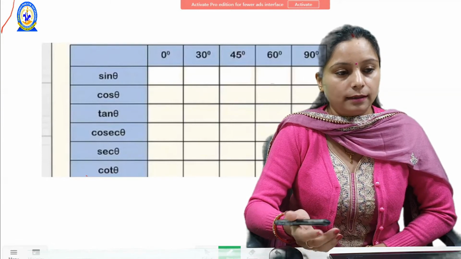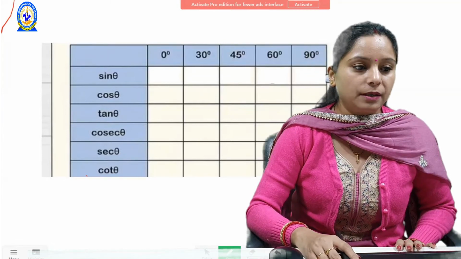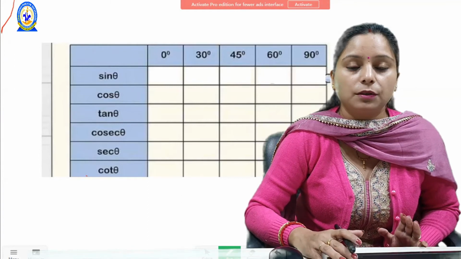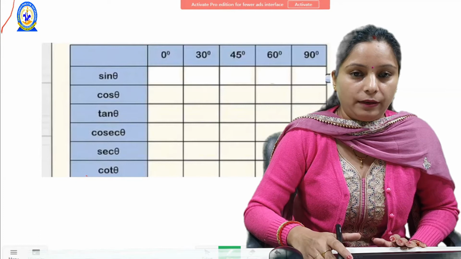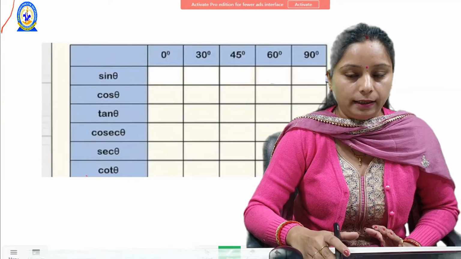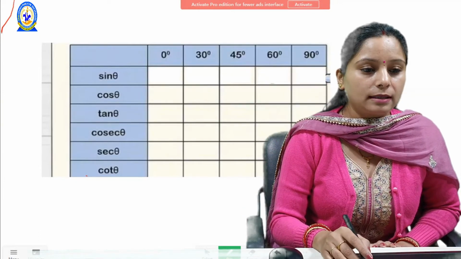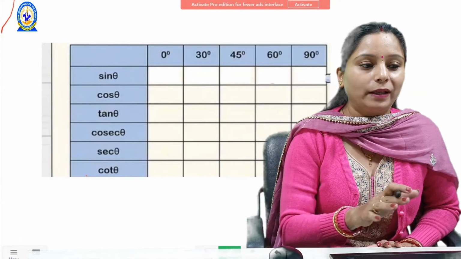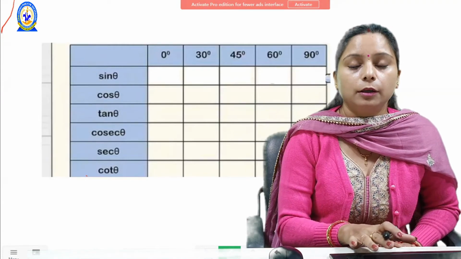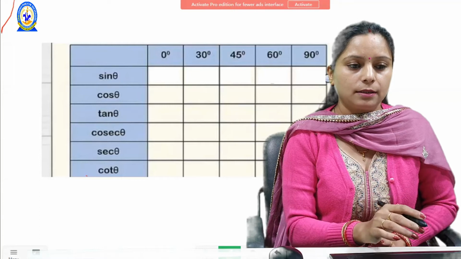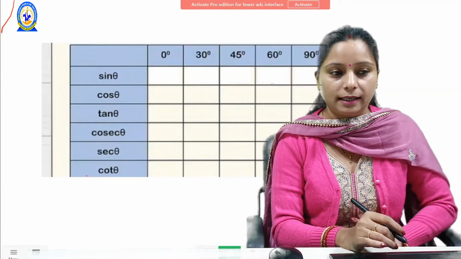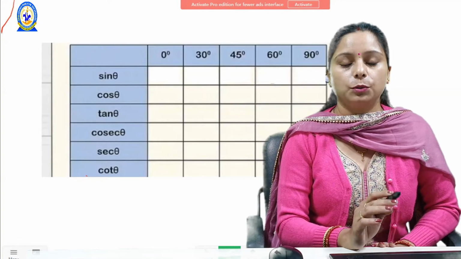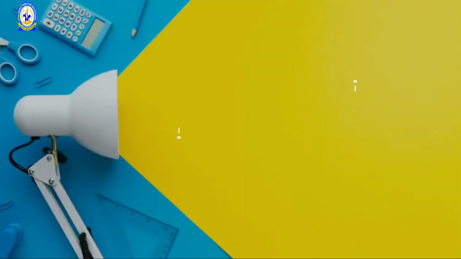some different angles. So first of all, in our syllabus we only have to calculate the different values of sine, cos and tan for 0 degree, 30 degree, 45 degree, 60 degree and 90 degree. Today I am going to tell you a very simple trick to create this grid. You don't have to learn anything, but wherever you are, if you are confused and not getting the value, very easily you can create this table. So let's start.